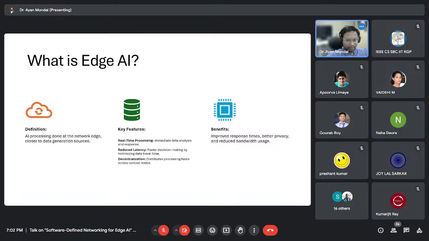So the benefits we are looking into through Edge AI are improved response time and better privacy. Privacy is higher. Of course, you can understand that your data is not